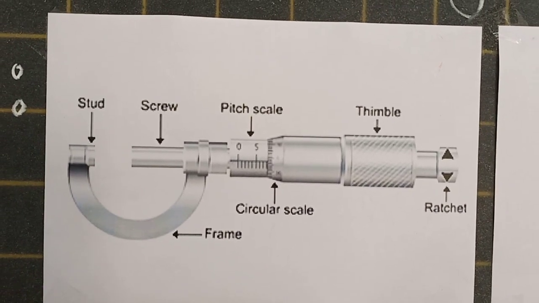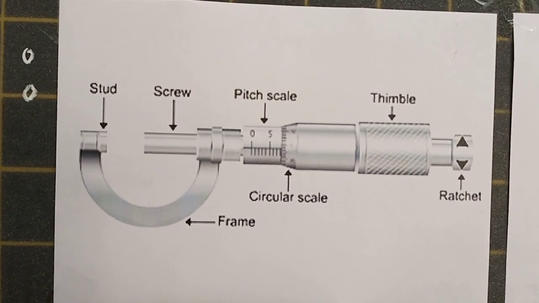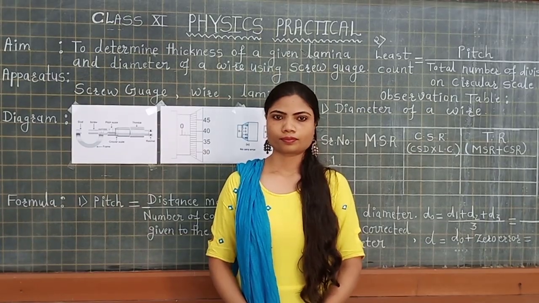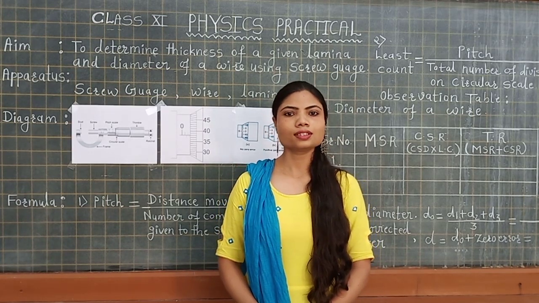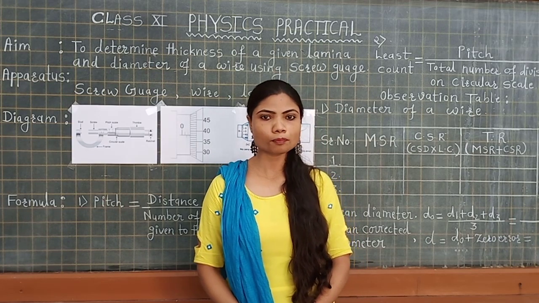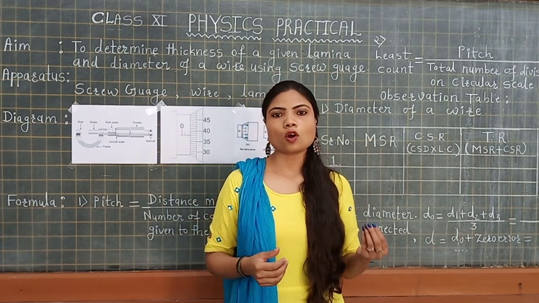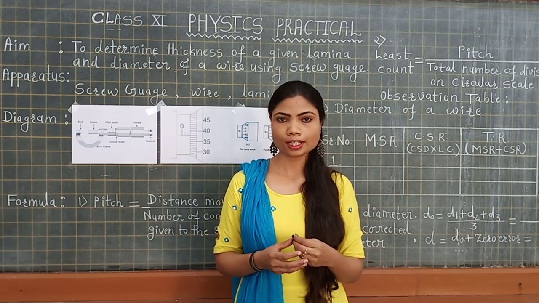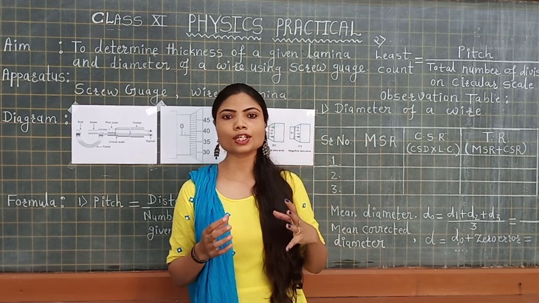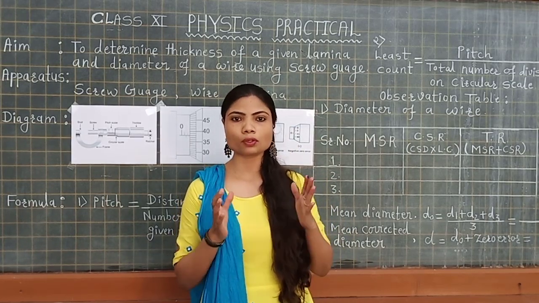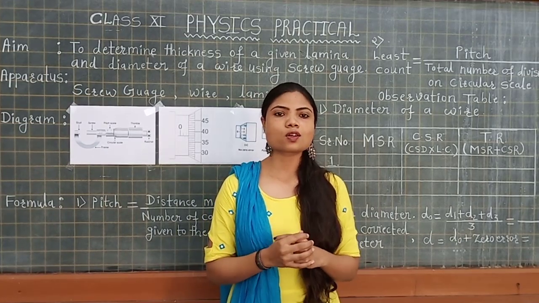This is a very important term to understand with the help of the screw gauge. So yes, now you have seen the screw gauge with its different parts, and how it provides us the reading of any small object, right? Now we are going to relate it with some formulae without which we cannot perform the experiment. A very important formula here is called the pitch.